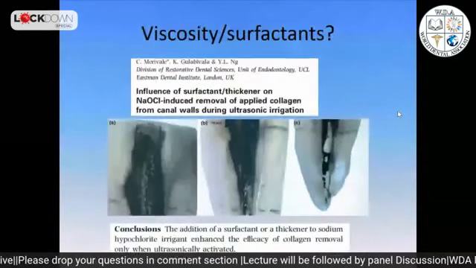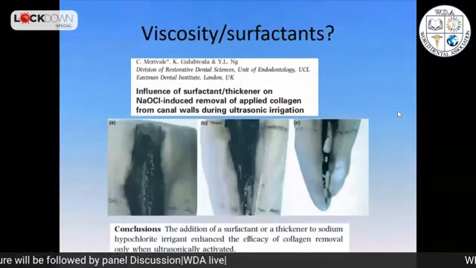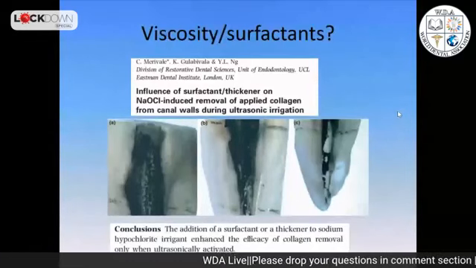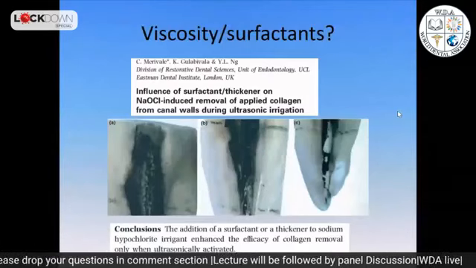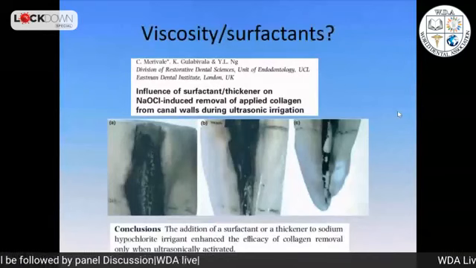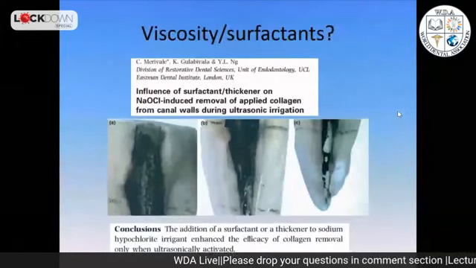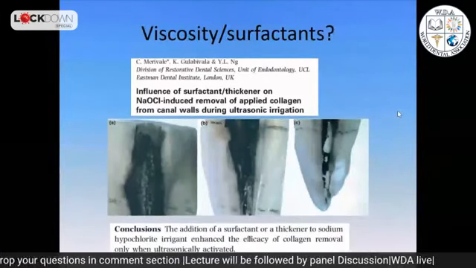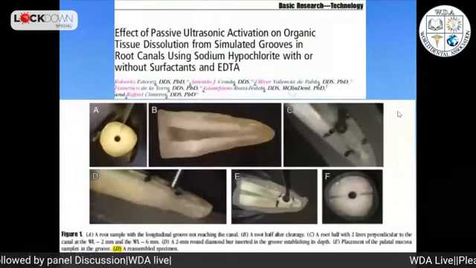Now, this was a very preliminary study done at the ISPAN when I was there. There was the addition of different chemicals to sodium hypochlorite. And when you agitate it, there was a big difference if you had added surfactant or thickeners to the solution. The cleaning of the walls was a lot better. That's why it's important to know not only about sodium hypochlorite, but which sodium hypochlorite you have. And from there, with the Madrid group, we did a series of studies where we tested, okay, what's going on?